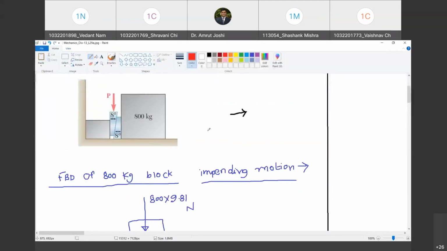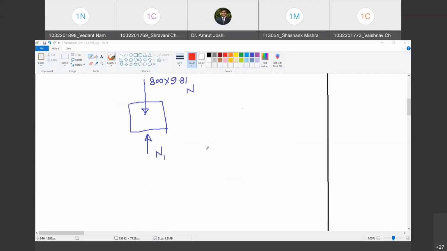Yes, sir. And that resistance is against the impending motion of the block towards right. So I have to now find out frictional force offered by the ground on the block. So therefore, I am going to station the observer on ground. Do you agree with me? Yes, sir. So observer is stationed on ground. With reference to that observer, the block is impending to move towards right, towards him. Are you with me? Yes, sir. So therefore, the ground must be offering a frictional reaction towards left.